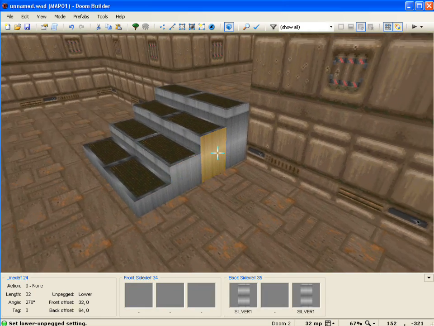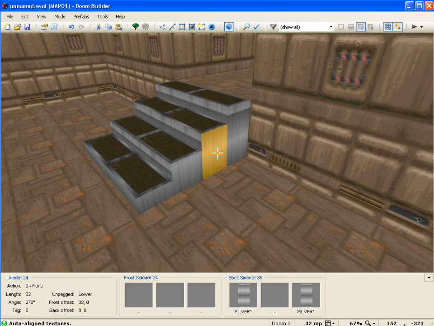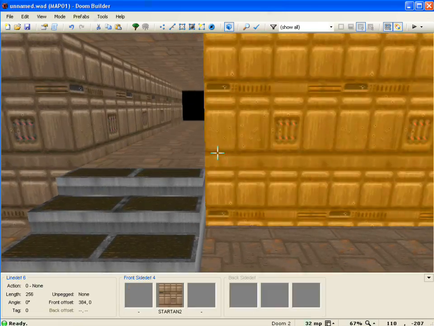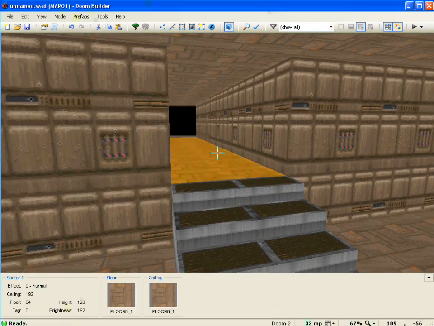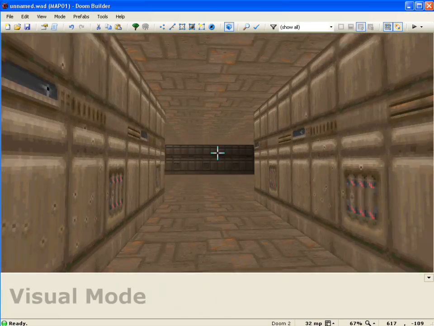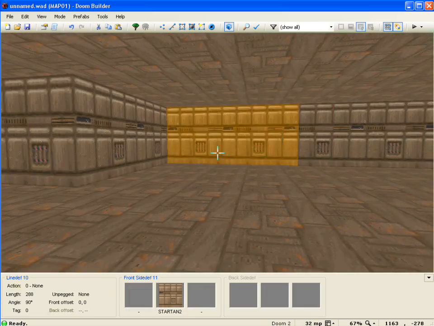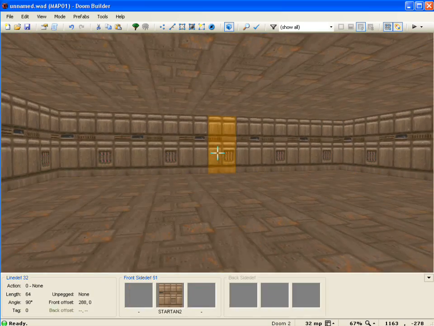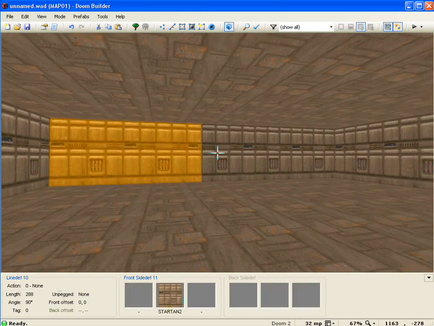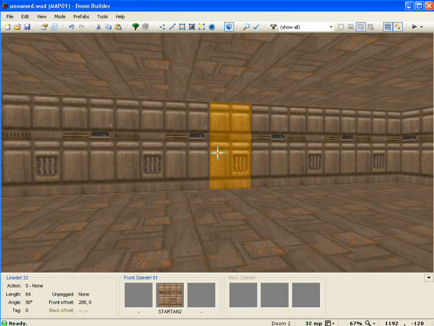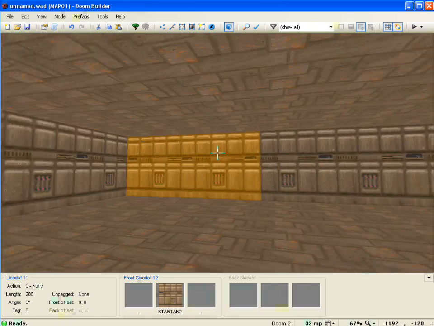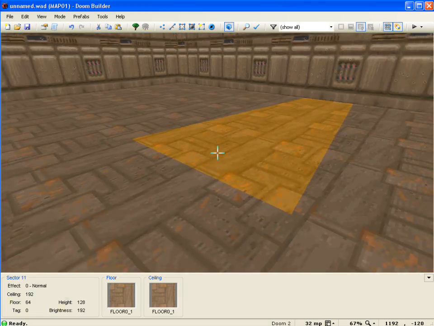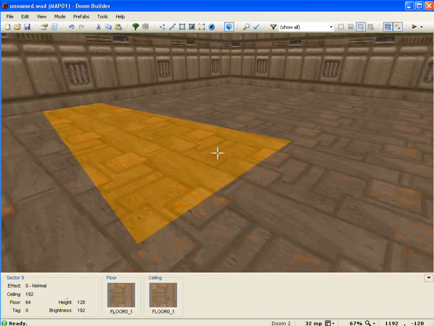And I can also push A, and that'll automatically align them horizontally. So now that that is done, I'll go ahead and move down this hallway and move into this room right here. And for those of you that tuned in last lesson, you already know what this room is going to look like. For those of you just tuning in, it's actually just going to be 3 lights, one here, and one here. And we have a ceiling light as well,